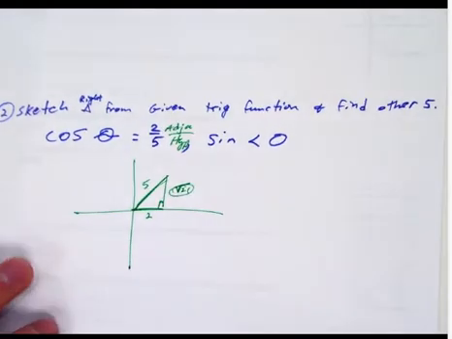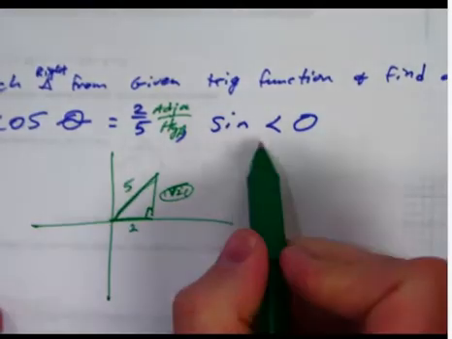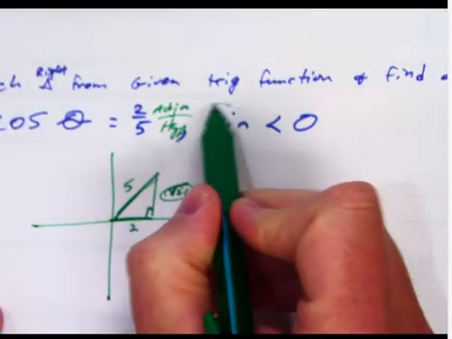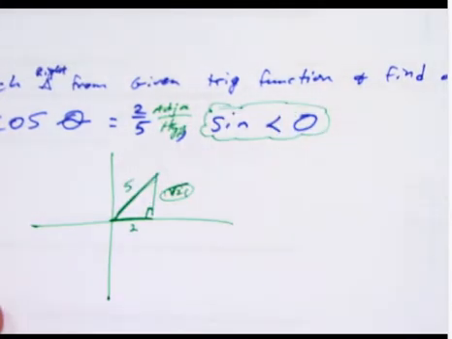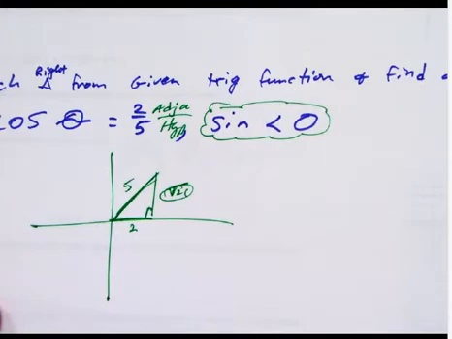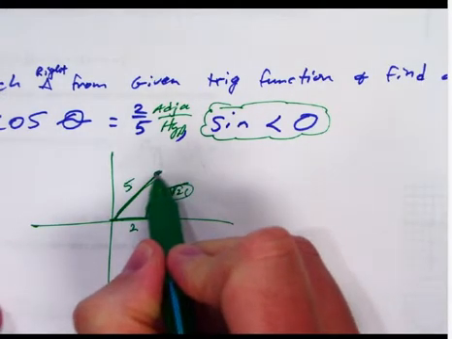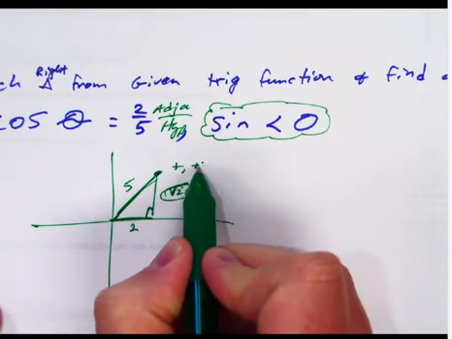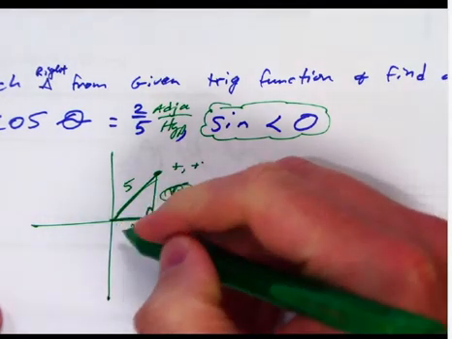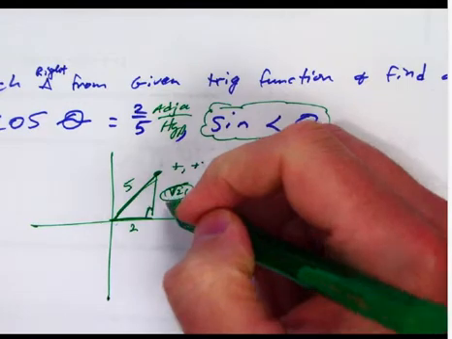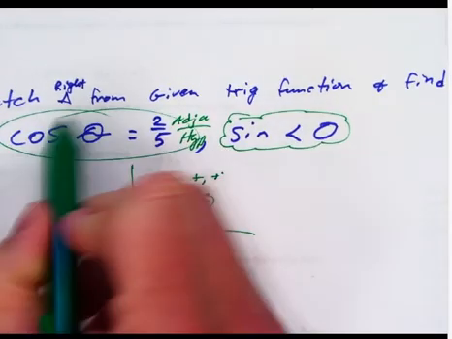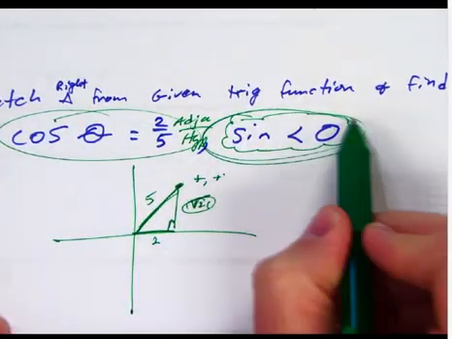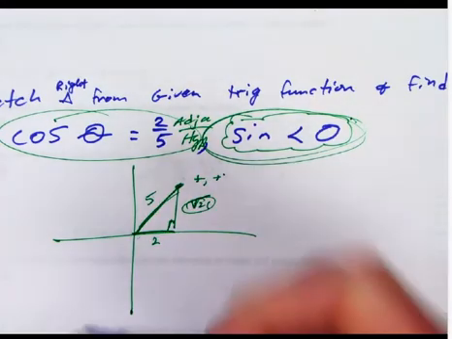Well, that would be missing the point that, guess what? The second comment that you were given is that the sine had to be less than 0. If the sine has to be less than 0, that means the sine is negative. This location right there is positive, positive. Well, the cosine is positive and the sine is positive. We would need to flip that thing over. So this is actually a whoops. This is not the correct answer. If I'm given cosine is 2/5 and the sine is negative, then that would actually be the one that's down